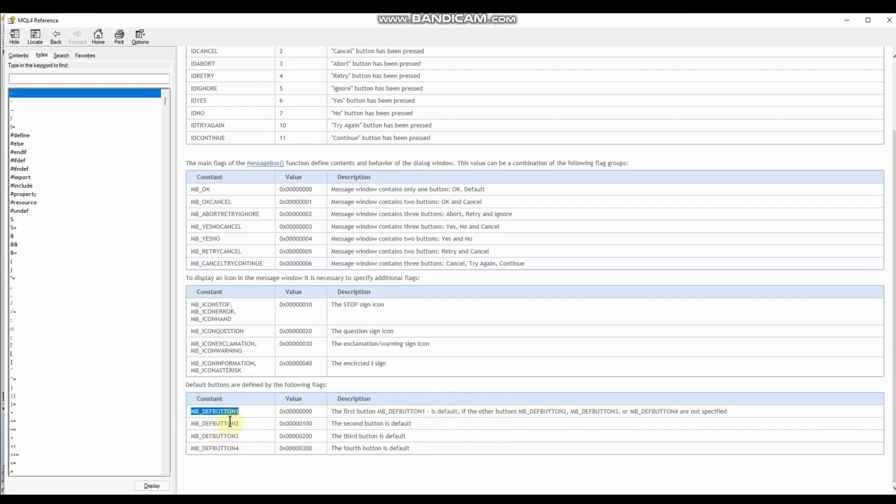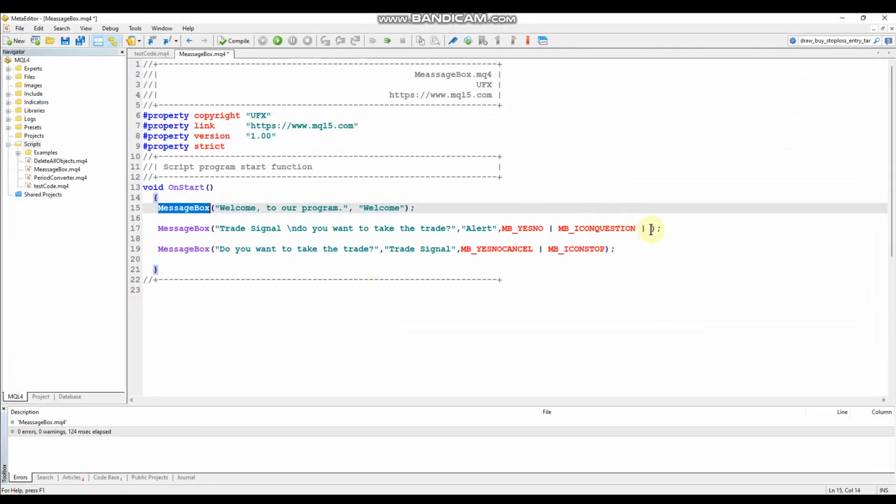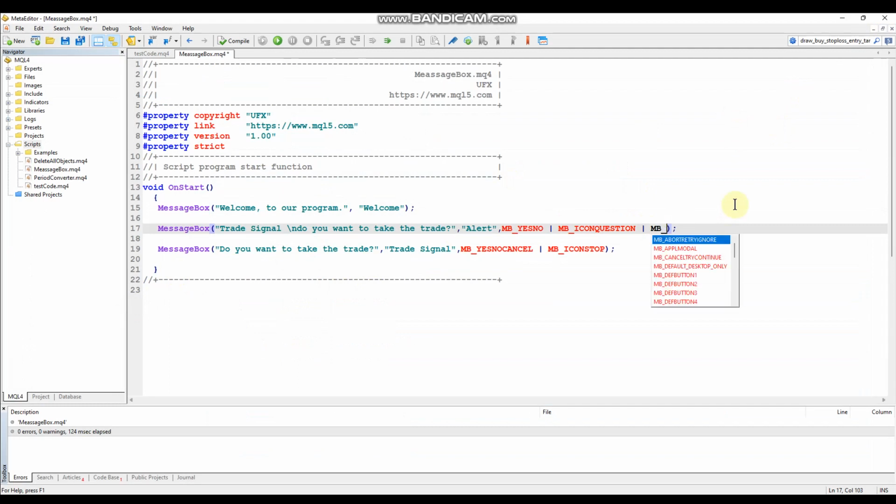Okay, so on the ones that we have more than one button, we're going to define them. So our second message box, we're going to define button 2, and then we're going to define button 3 for the third message box. Okay, so we can type in MB underscore, and for defining, we're going to put a capital D,